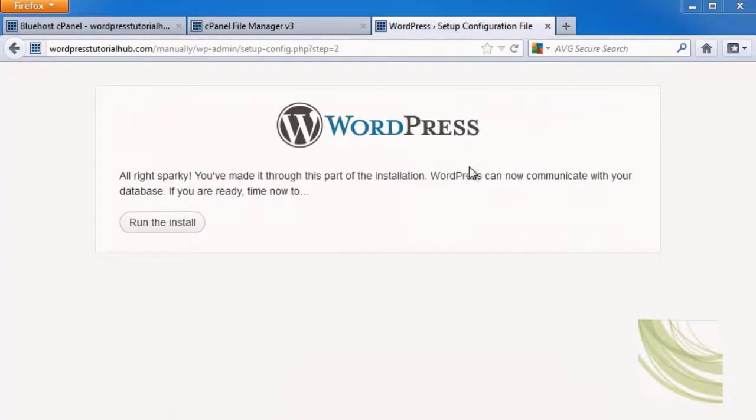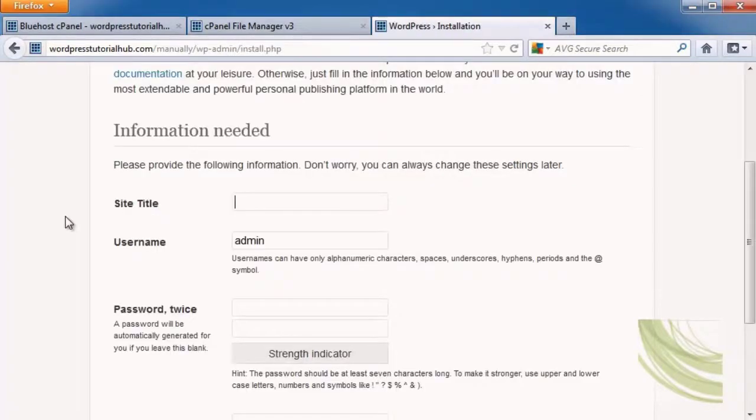And it takes us to a success screen, and we're going to click on Run the Install. Now it's going to ask my site title. My site